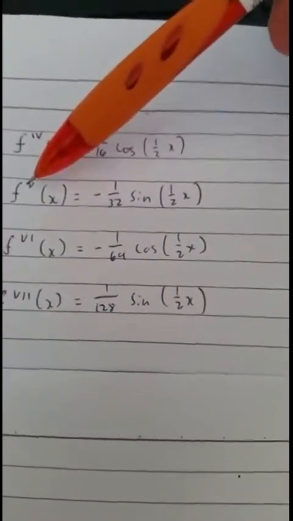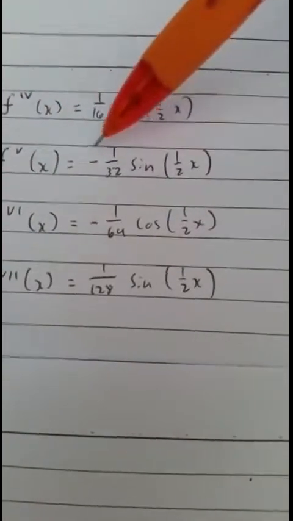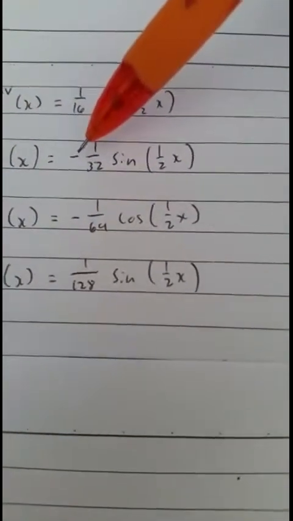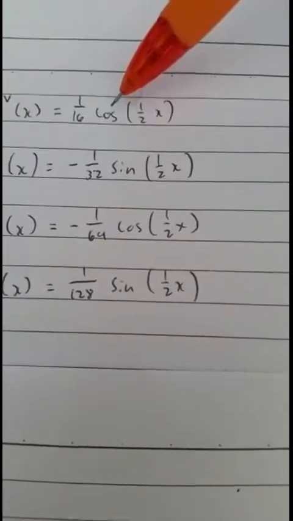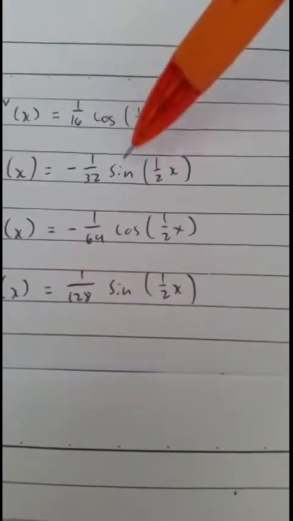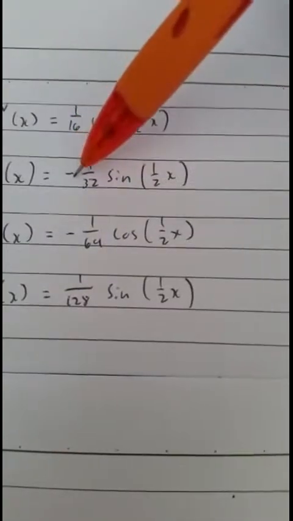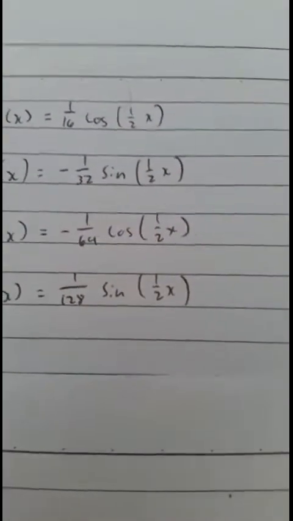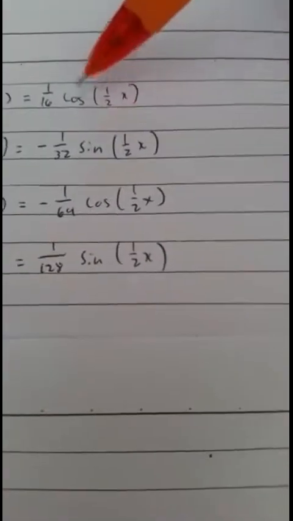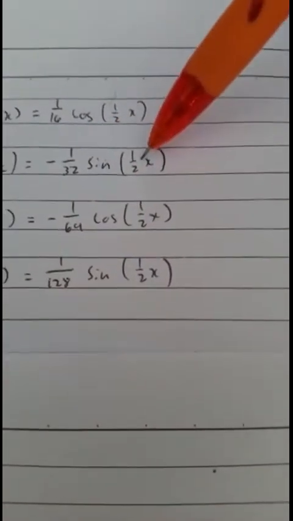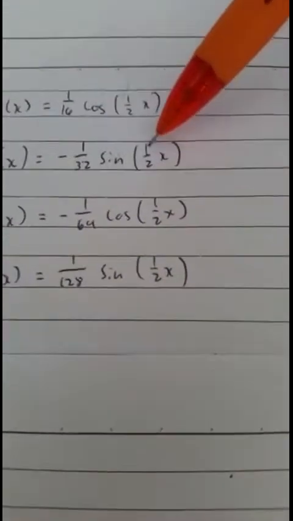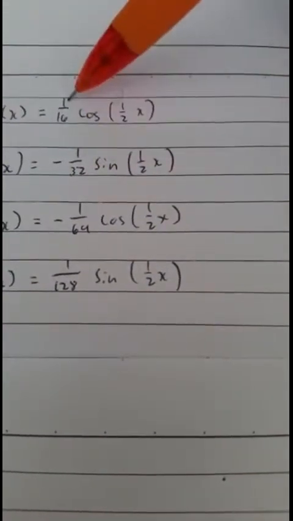Then for the 5th derivative of x, as explained earlier on, cosine will become sine, and there will be a negative when cosine is differentiated. So when cosine is differentiated, it gives us negative sine. Then the value inside will stay the same, but the half will be multiplied by 1 over 16, which gives